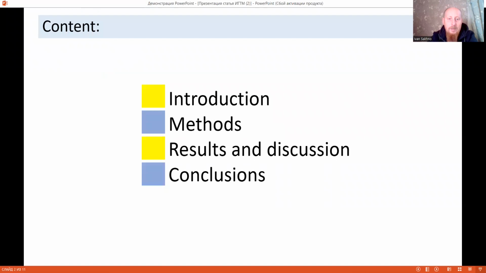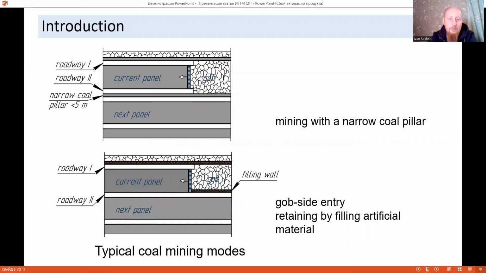This paper is divided into four parts. The first one is introduction, the second one is methods, the next one is results and discussion, and the last is conclusions. So, the first part